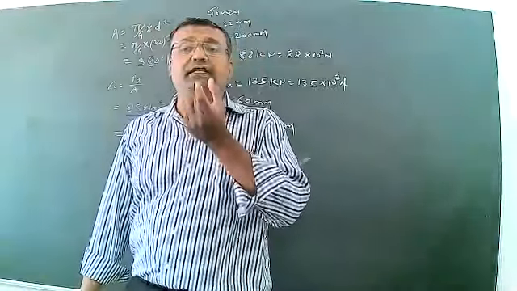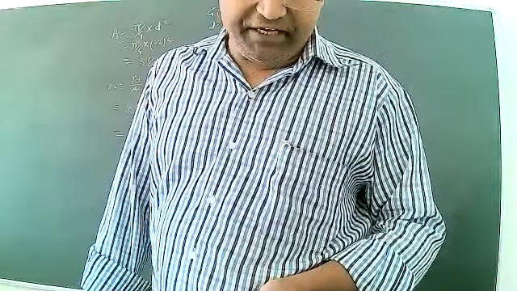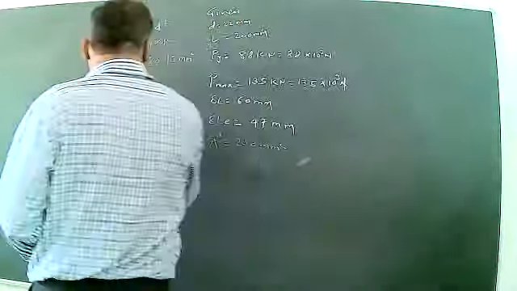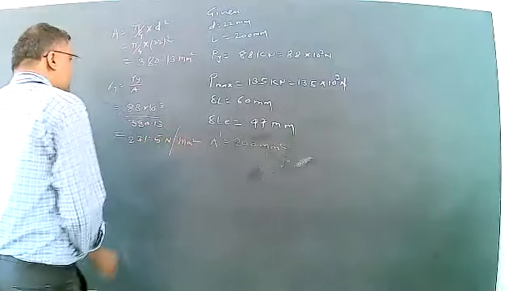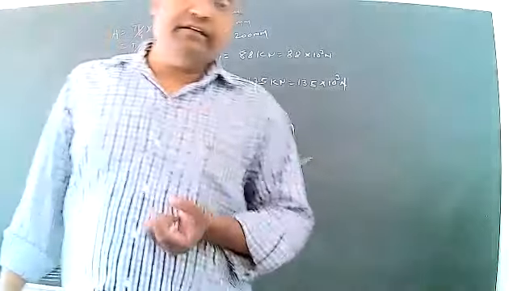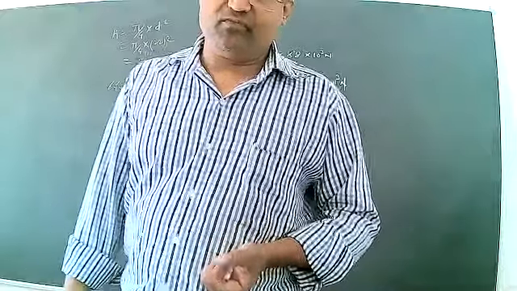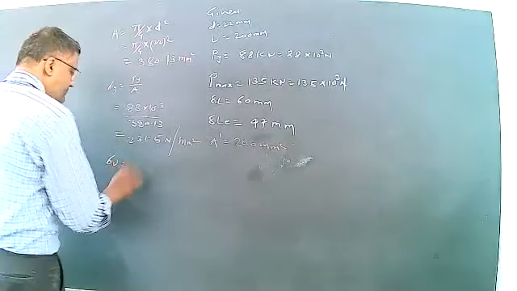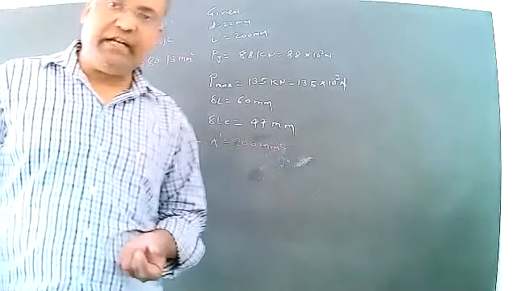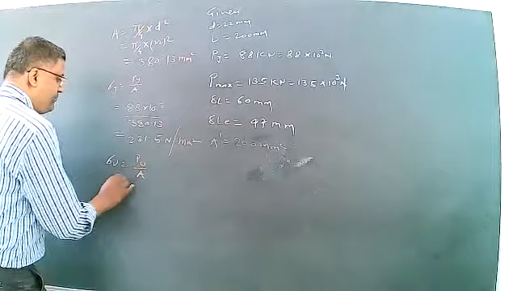It is represented by sigma y. You just do the simplification, and after simplification we get the value 231.5 Newton per mm square. Once we find the yield stress sigma y, then find the ultimate tensile stress. The formula will be the same. Ultimate tensile stress, represented by sigma u, is equal to Pu upon A.